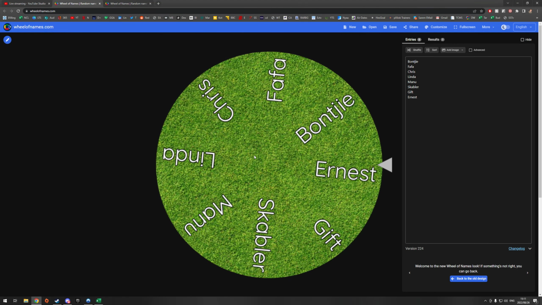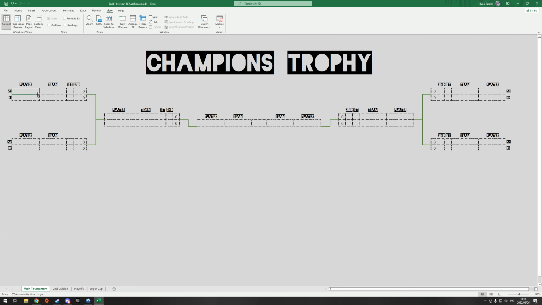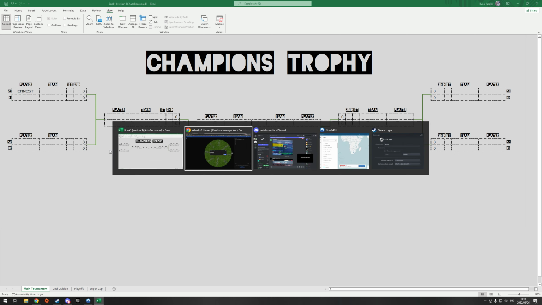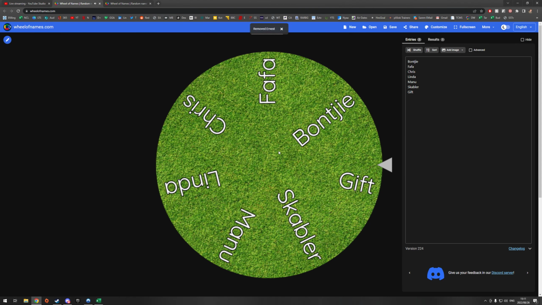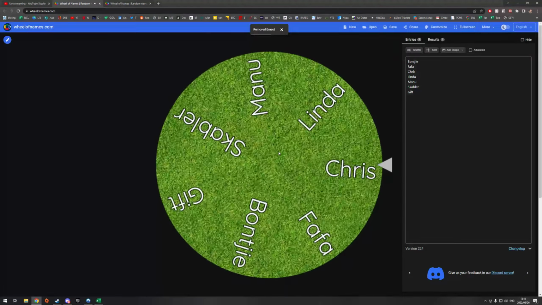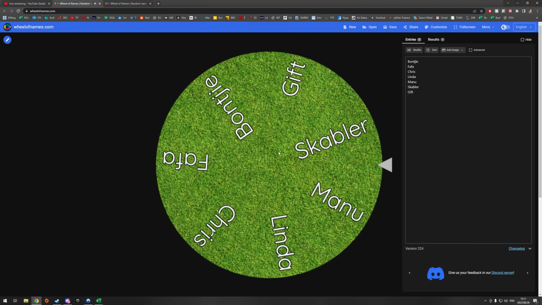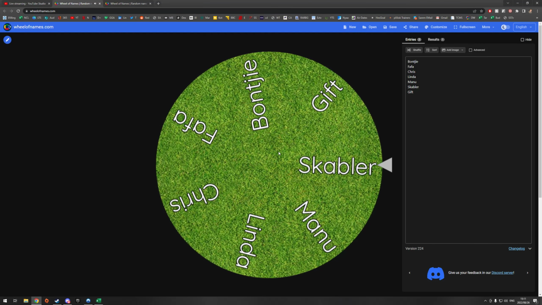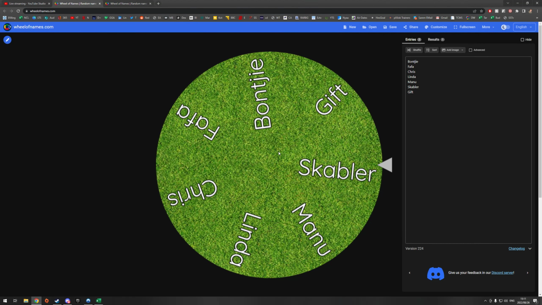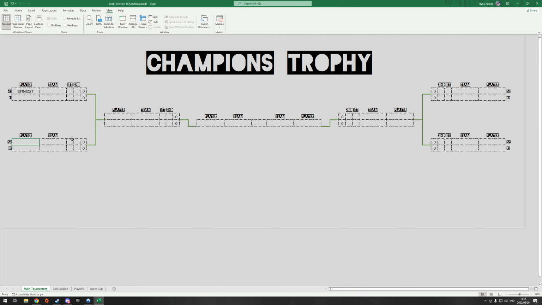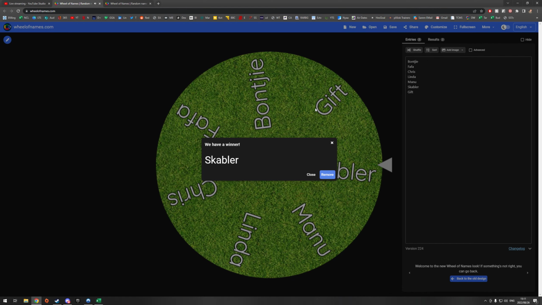First name out of the hat, Ernest. Now we're putting A2 down here. Seems like Scabler. Scabler goes into A2. Let's pull A3.